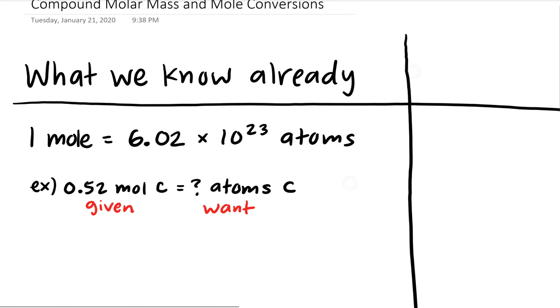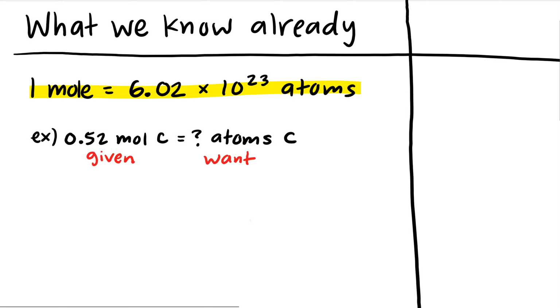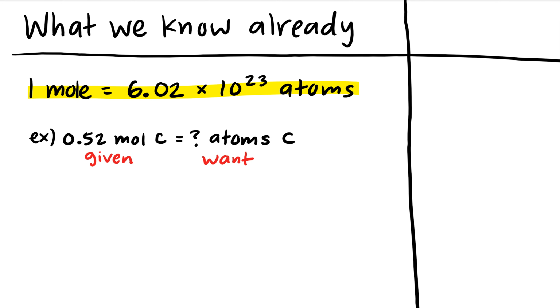We know that 1 mole of any element is equal to 6.02 times 10 to the 23rd atoms of that element. So for example, if I'm given 0.52 moles of carbon and I'm asked to solve for the number of atoms of carbon in the 0.52 moles of carbon, I'm going to use this known conversion factor that 1 mole of carbon equals 6.02 times 10 to the 23rd atoms of carbon. So I have my given, I have my want, and now I'm going to use dimensional analysis to convert the